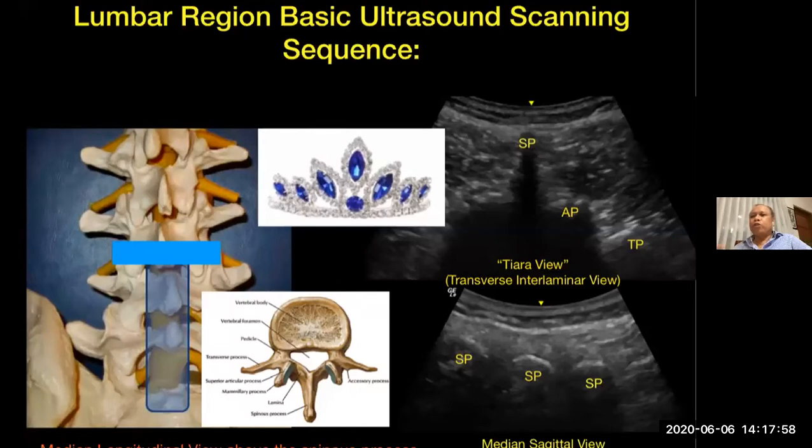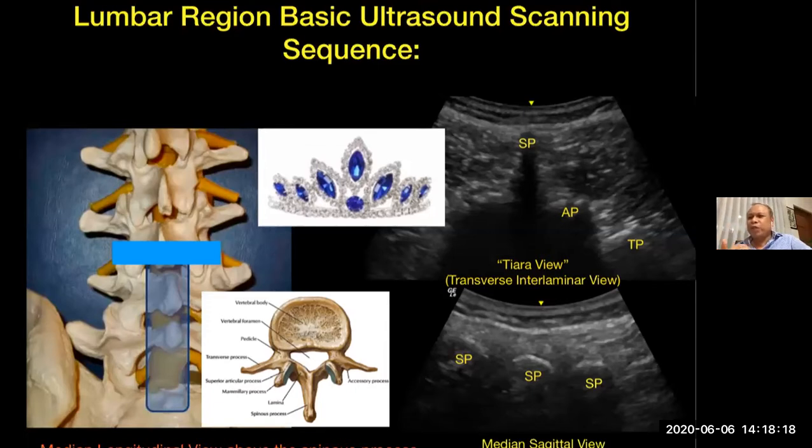And of course, towards the lateral side, we have the articular process with the facet joint, and of course, the transverse process in the most lateral portion on both sides. So it almost looks like a tiara or a crown. So here, while we see this to be